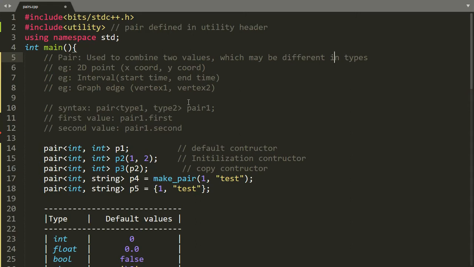In this video, we will talk about pairs. I haven't mentioned pairs in our first video because pair is not a data structure. It is a simple utility in which we can combine two values together. These two values may be of same types or may be of different types. They are very useful because in a lot of problems, we have to use array of pairs, vector of pairs,